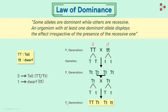There are 2 types of alleles, one dominant and one recessive. This is what the first part says. And the second part says that at least one dominant allele displays the effect irrespective of the presence of the recessive one. So as we can see here, these 3 plants are tall because they contain the allele T